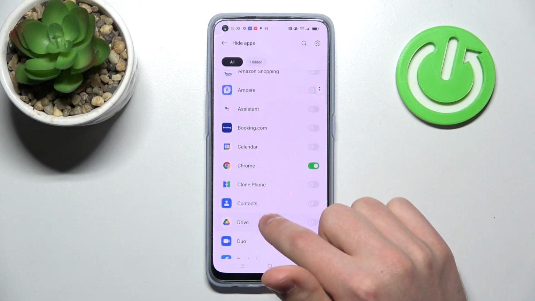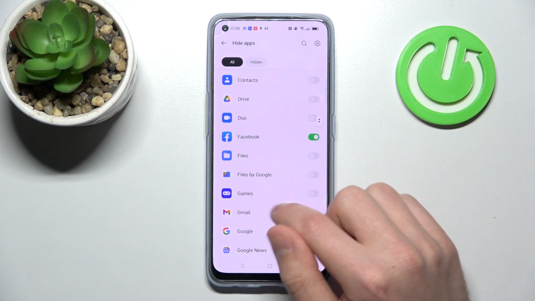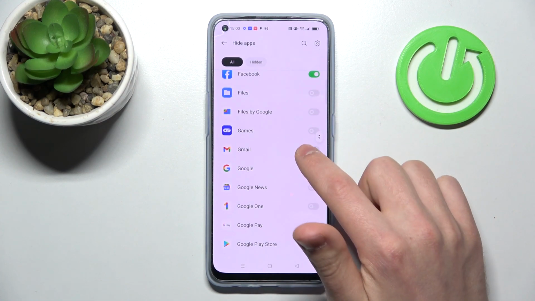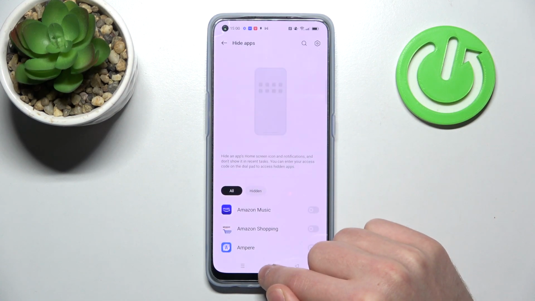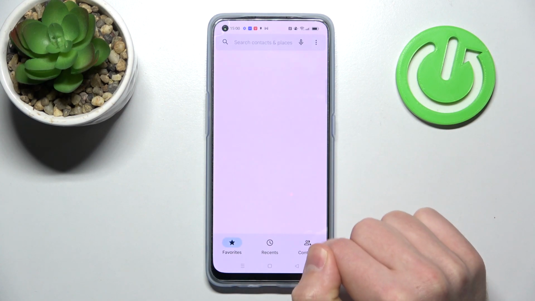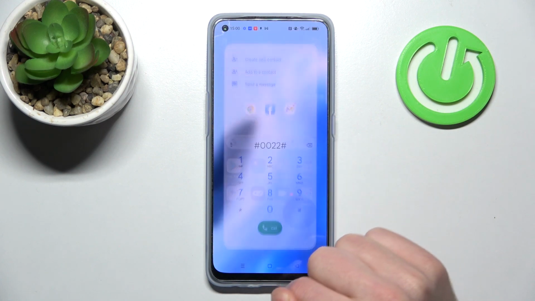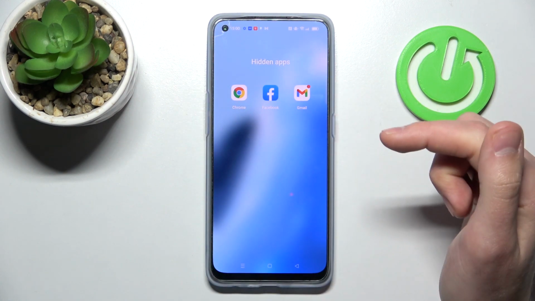And now we've got the Chrome application hidden. Maybe Facebook will be nice, email. Okay, and now to open these applications, go into our phone and enter our secure code. And here we've got our hidden apps,